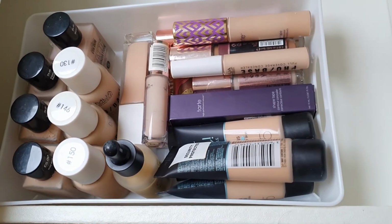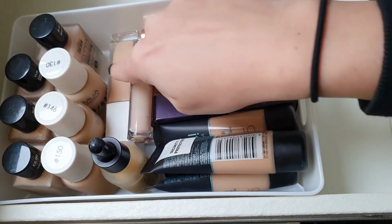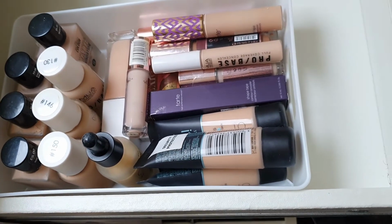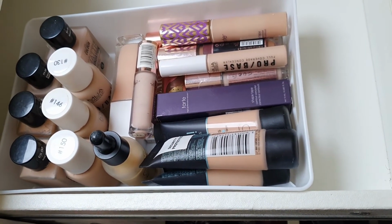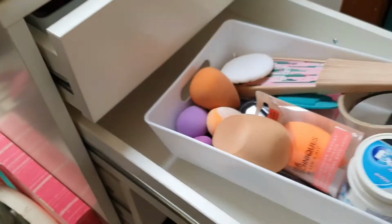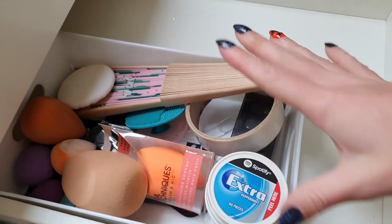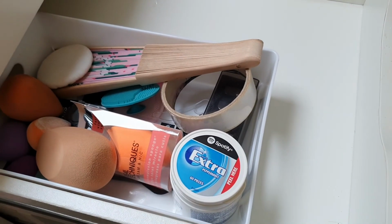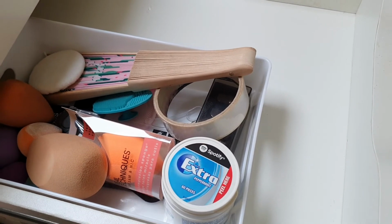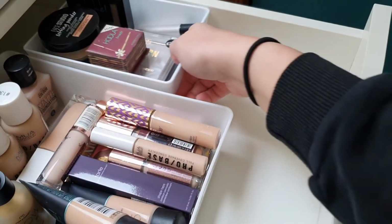Fingers crossed it does. Okay, so the foundations, concealers do fit. I had to lie down the little palette here and also this one, but that's fine. They fit in there, no problem. Now I'm going to put the tools in the second drawer here, because that's where I had all the stuff anyway. Look how much nicer, neater and tidier that is. Well done me. Okay, also putting the powders and highlighters in this drawer,